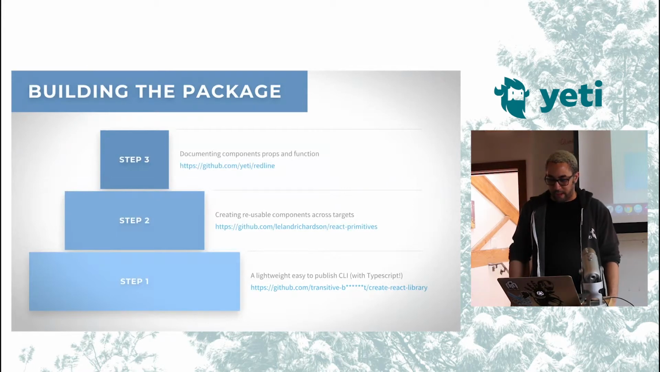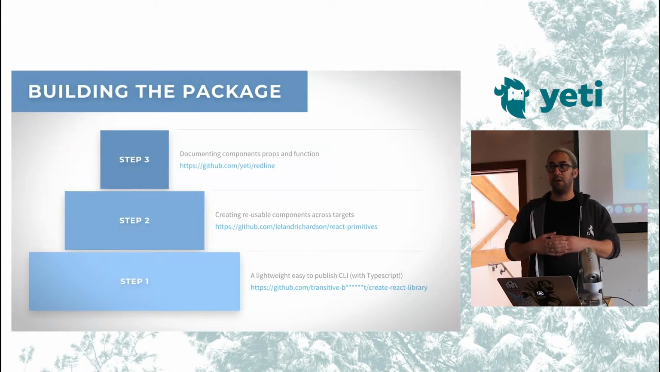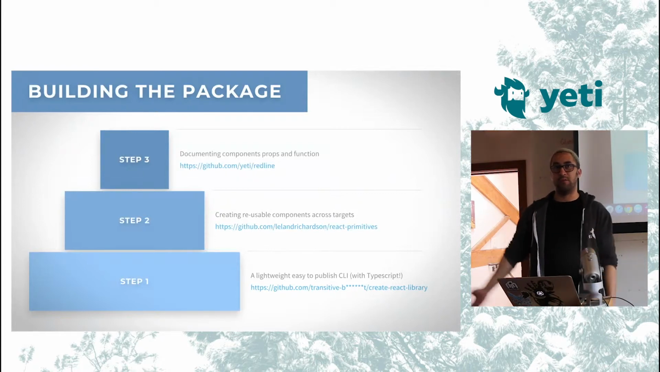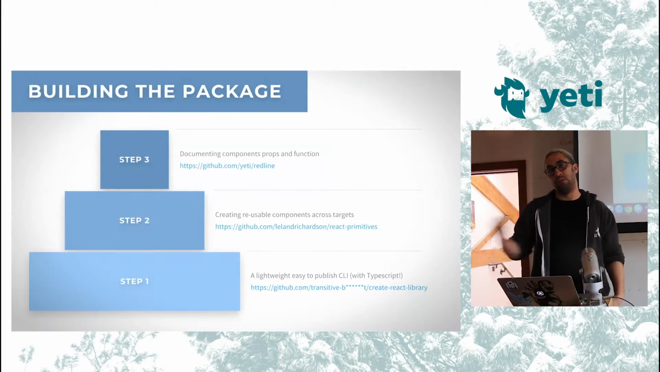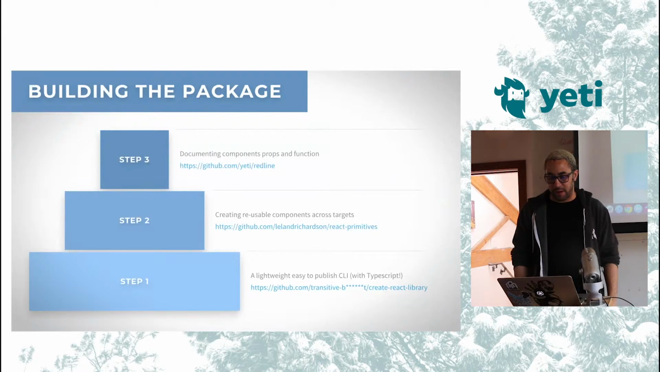The second step of that was creating the reusable components across targets. There is a GitHub repository called React Primitives. It looks to bridge the gap between React Web and React Native, so that you create a component in one place and you can use it on both targets, which is really helpful in being able to create a component library. The third step was documenting the components, props, and function, which I did inside of